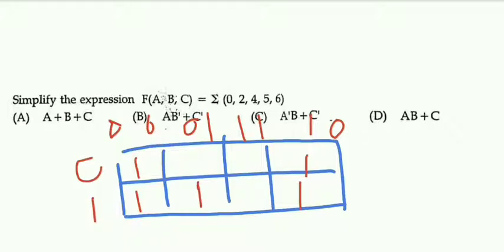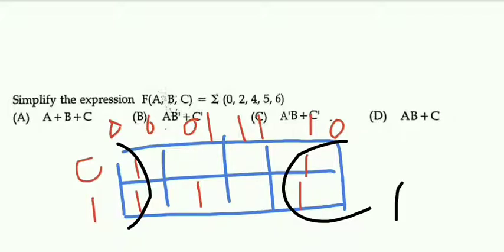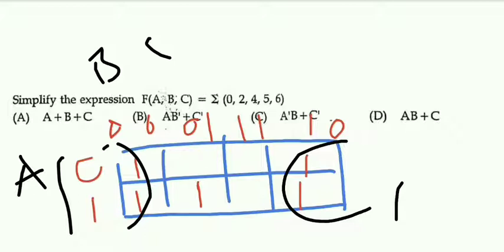So I have to simplify. I can combine all the 4 corners. So these 4, if I combine, what I get is A. So let me take, this is A. These two are B and C. So if I combine, A will be cancelled, and B, B bar cancelled. So what I get is C bar. So this is C bar.